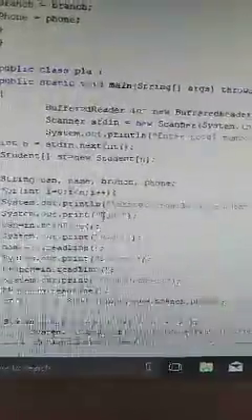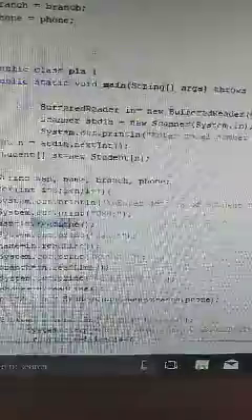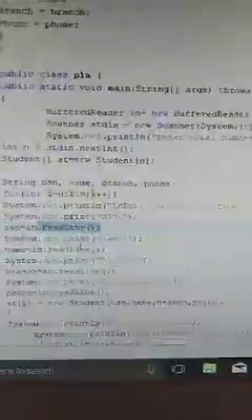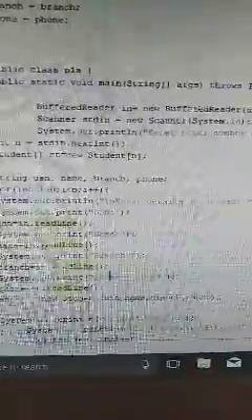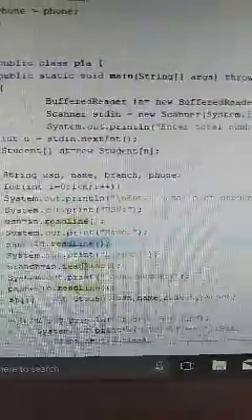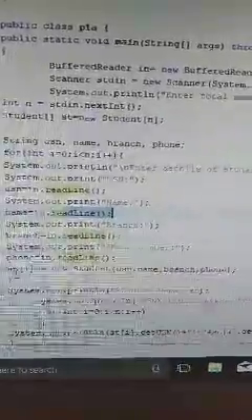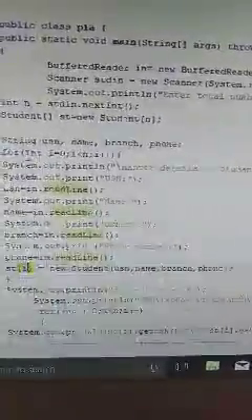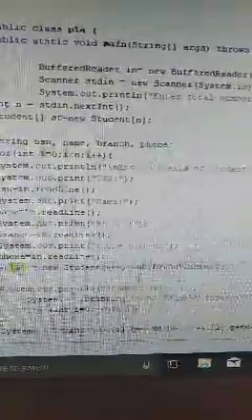Next, System.out.print prints the USN with respect to the number. Then USN equals in.readLine, reading whatever we give through the keyboard. Similarly name, branch and phone number are read through the readLine method. The readLine is an inbuilt method in the Java package. st of i represents which student's information is read, and USN, name, branch and all the attributes are stored.